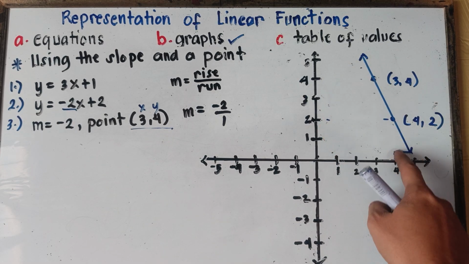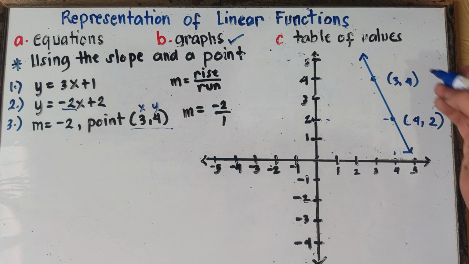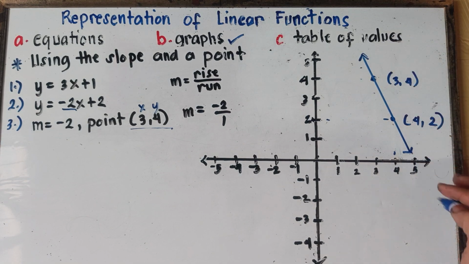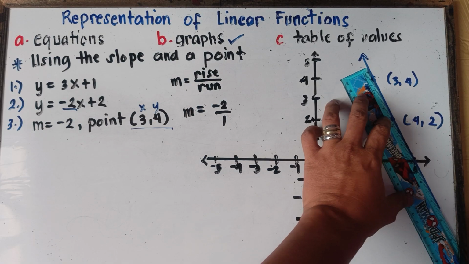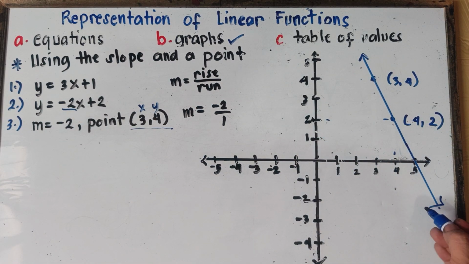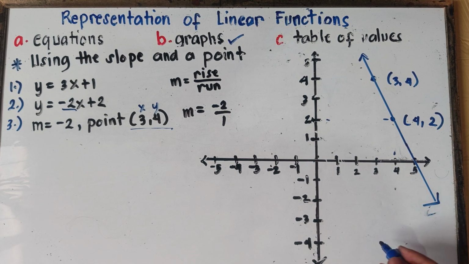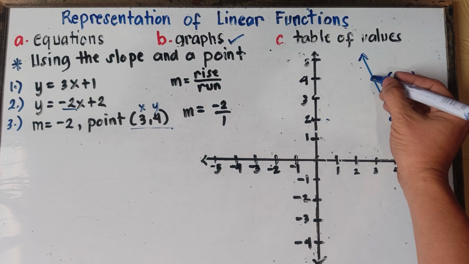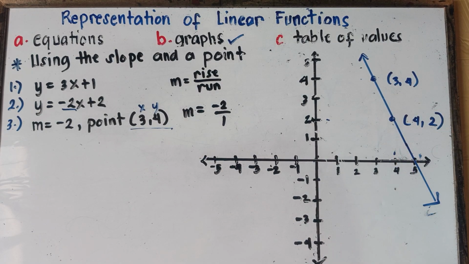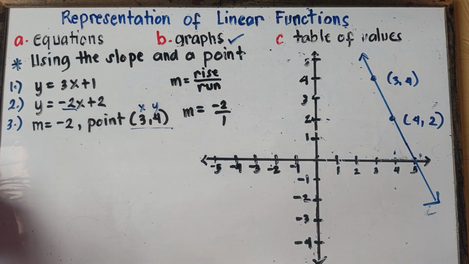Once again, class, with regards to your graph, if your arrow is like this or the line is like this, a short line, that would be really fine. It doesn't matter because this is an arrow. It means continuous. Or you can extend the line. It's up to you, class, as long as you have 2 points. To name a line, there would be 2 points. If you have an arrow, it means continuous. That's it, class. We're all set.